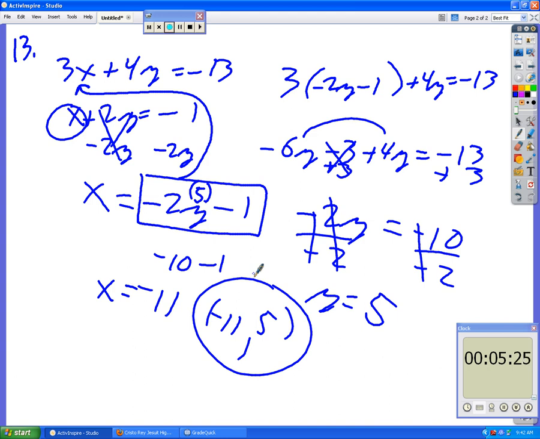You have to always find the second letter. So 99% of the time, the easiest way to get the second number is put this back in here. That's why it wouldn't do you any harm to put the box around this. That tells you what to put up here, and that's where you're going to put this number, in that box. If I put it up here, it'll work up here, but I have to do more work. If I put it here, I've got to move things around again. Here I don't have to move it. I just plug it in, multiply, subtract 1, I'm done. Okay, so what is the x